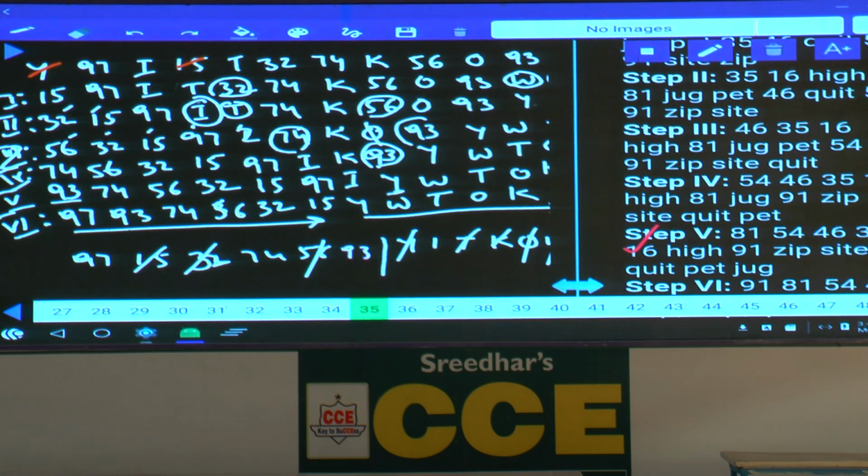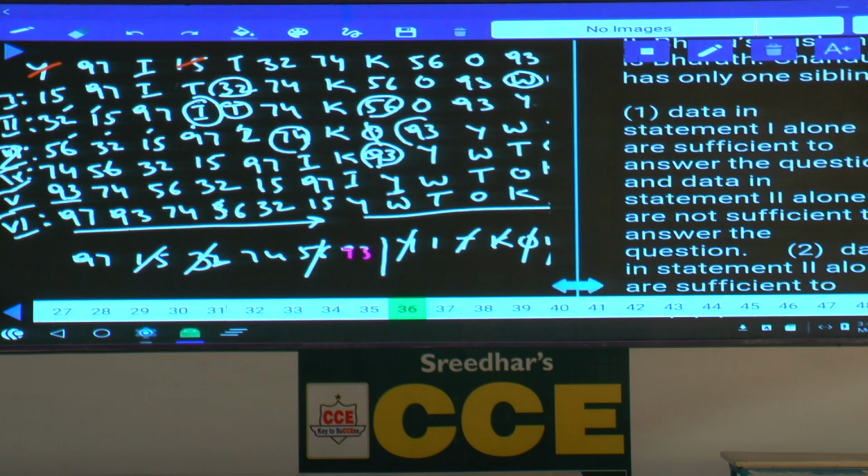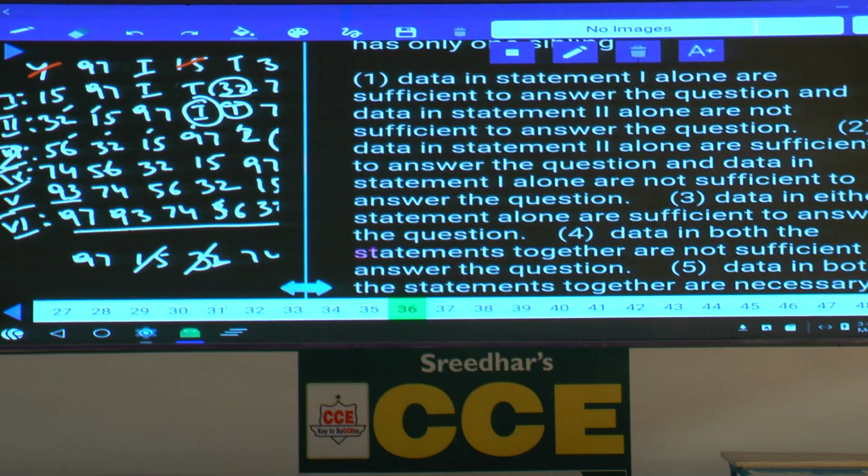Then 36 to 40. Now in this question number 36 to 40, these are based on data sufficiency. Now in this data sufficiency,